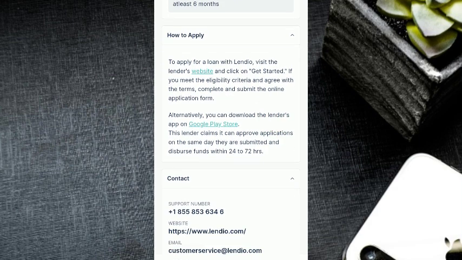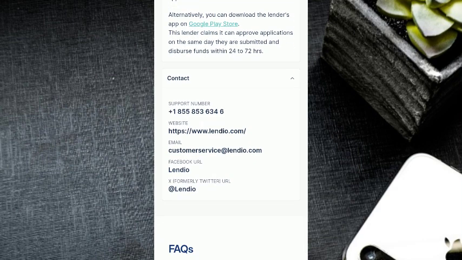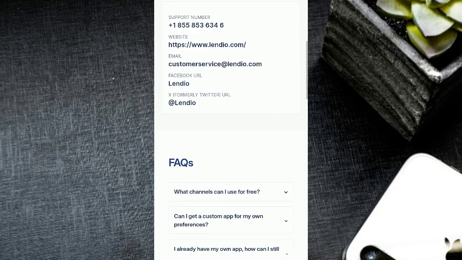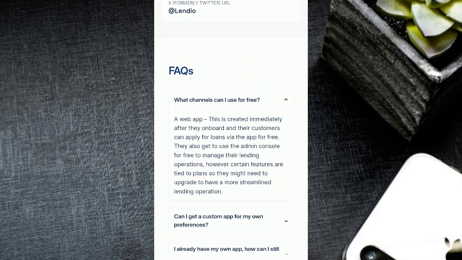There you're going to enter your business details such as business name, structure, industry, and years in operation. Go ahead and provide financial information including annual revenue, average monthly deposits, and credit score range. Now you're going to need to select the type of financing that you're seeking, like SBA loans, line of credit,